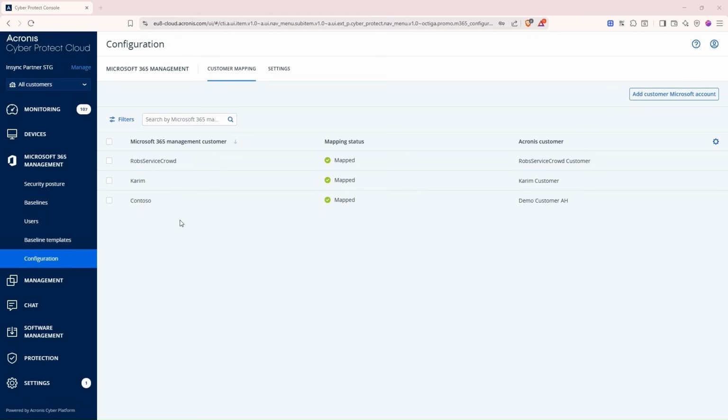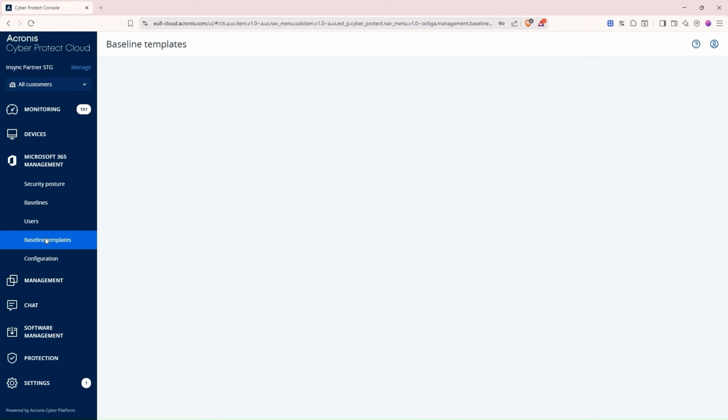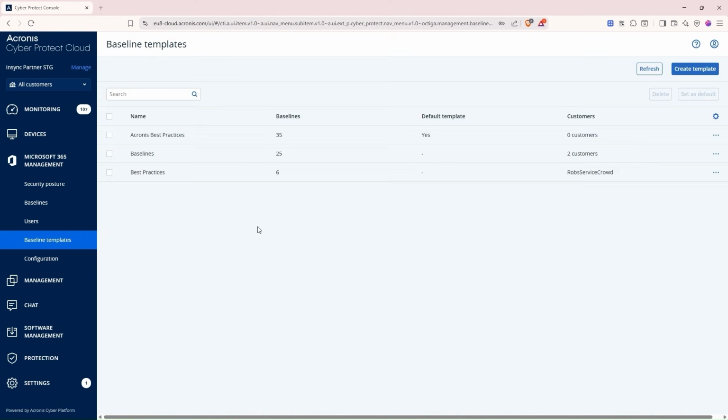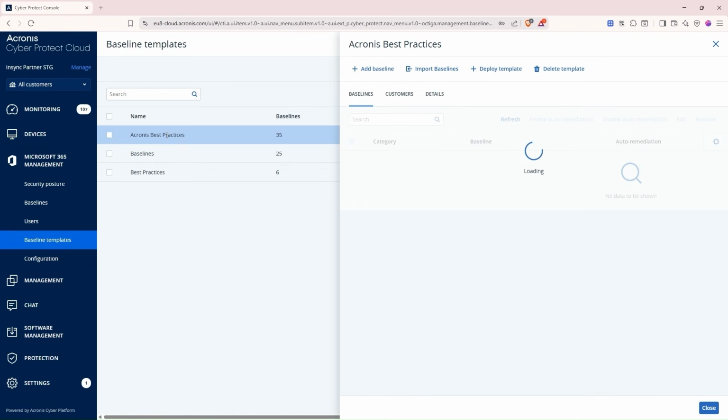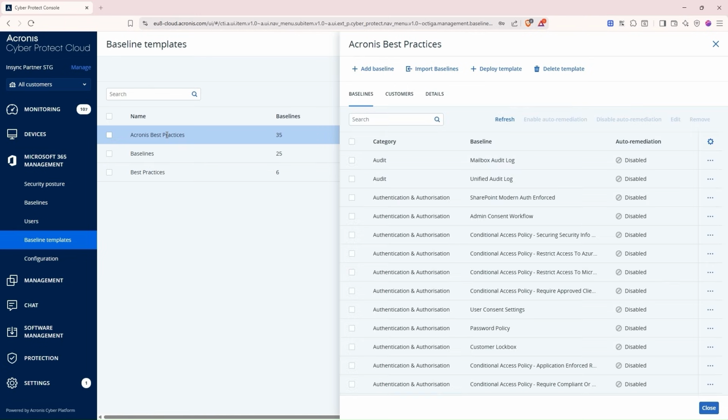So you can integrate Microsoft 365 posture management into your broader RMM and security operations instead of adding yet another standalone tool. If you are new to Acronis, you can start by onboarding your first Microsoft 365 tenant and applying the Acronis best practices baseline. If you are already an Acronis partner, enable Microsoft 365 security posture management in your console and try running a baseline audit for one of your higher risk